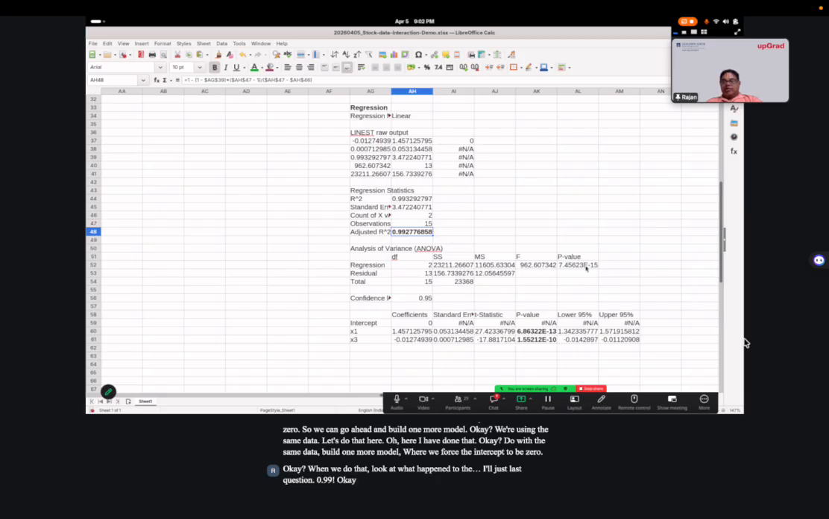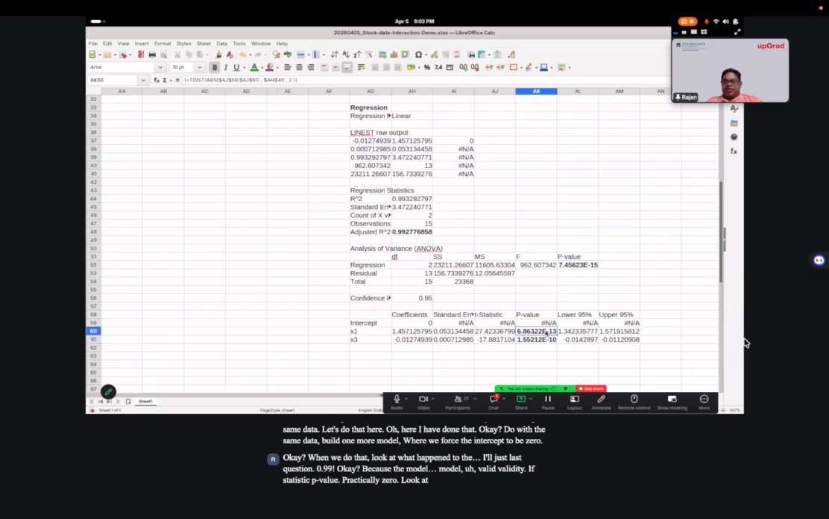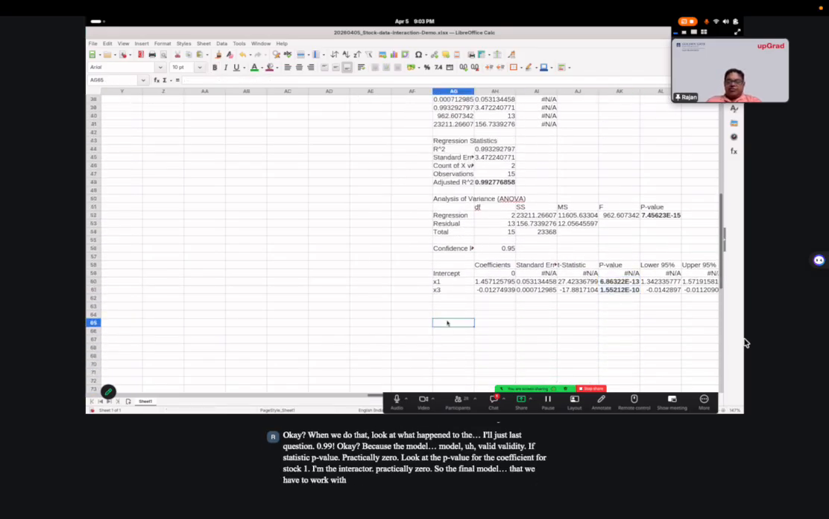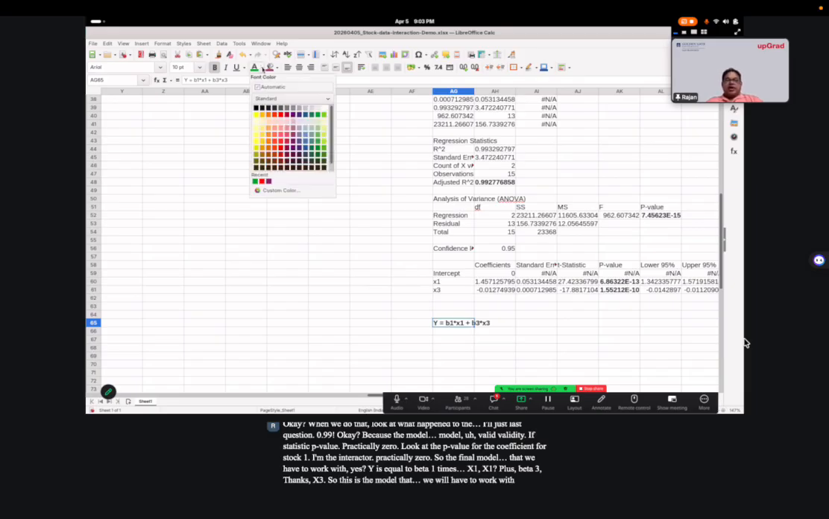Okay, look at the model validity, F statistic p-value, practically 0. Look at the p-value for the coefficient for x1 and the interaction term, practically 0. So the final model that we have to work with is y is equal to beta 1 times x1 plus beta 3 times x3. So this is the model that we will have to work with for this particular data,